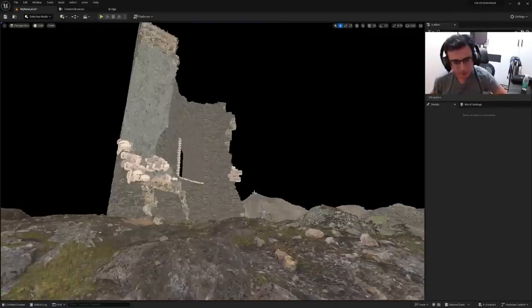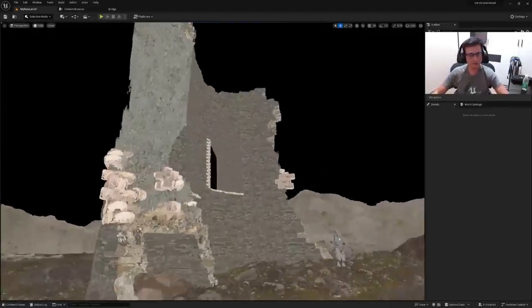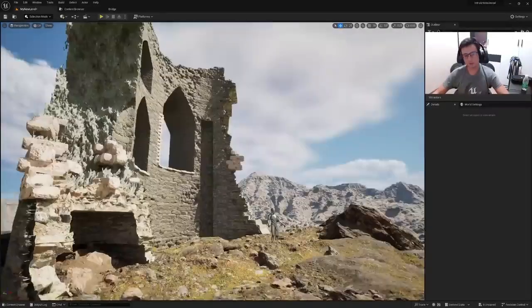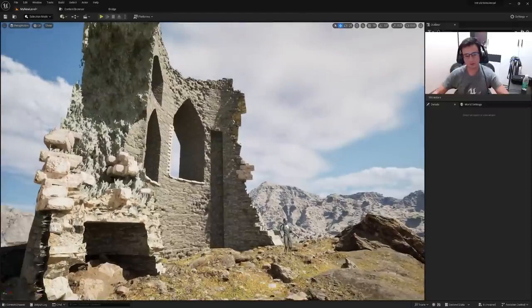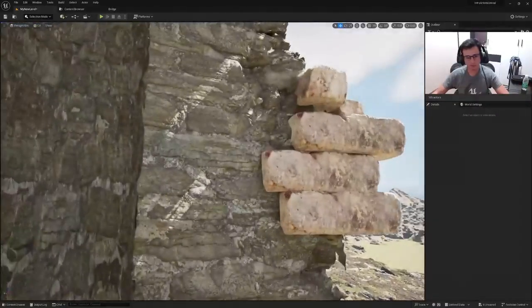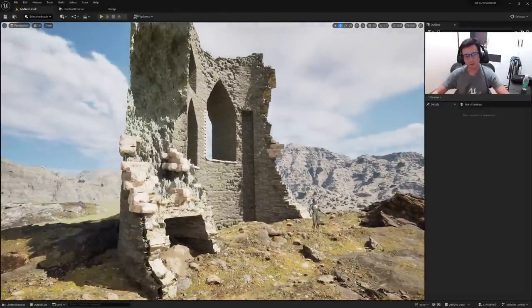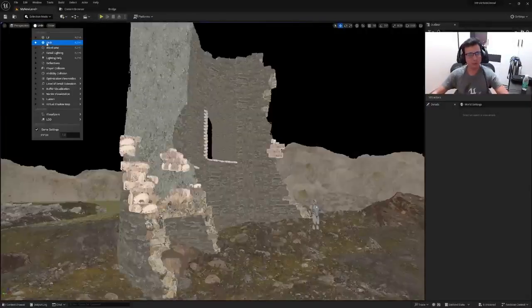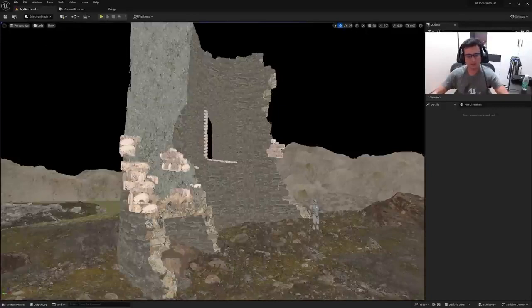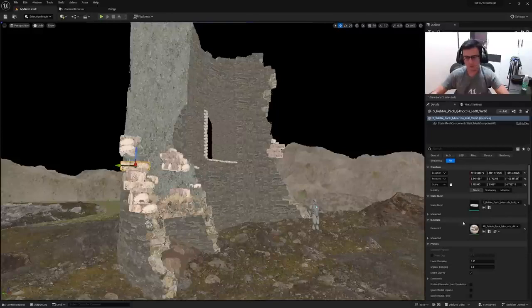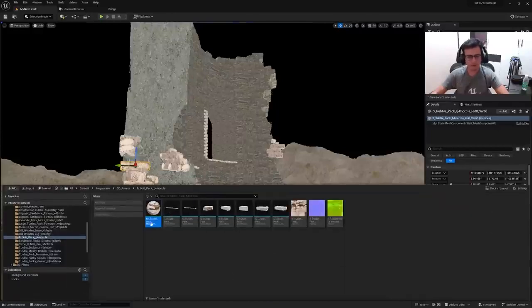So there is a problem with this, and that is the bricks are another color, which looks a little bit weird because this brick is not exactly the same type as this one. We don't necessarily need to have the same type of brick. We can always just go to unlit mode with Alt and 3 and check the colors here. So what I'm gonna do is to go and find the